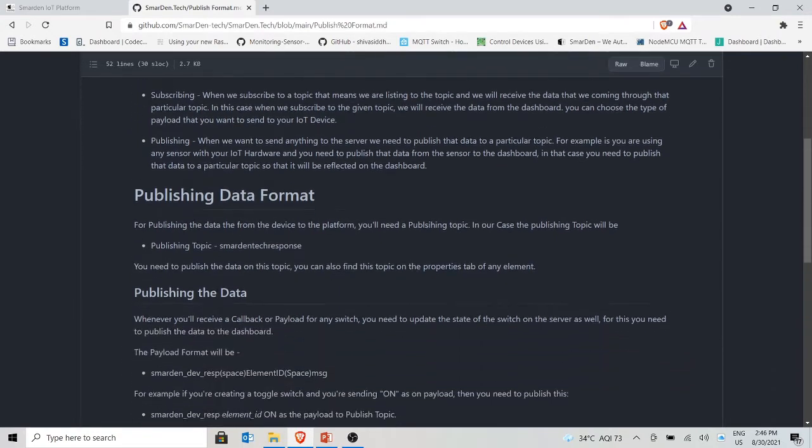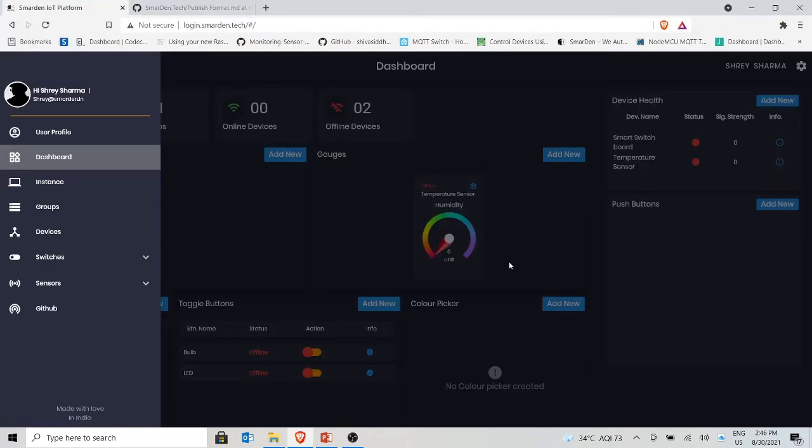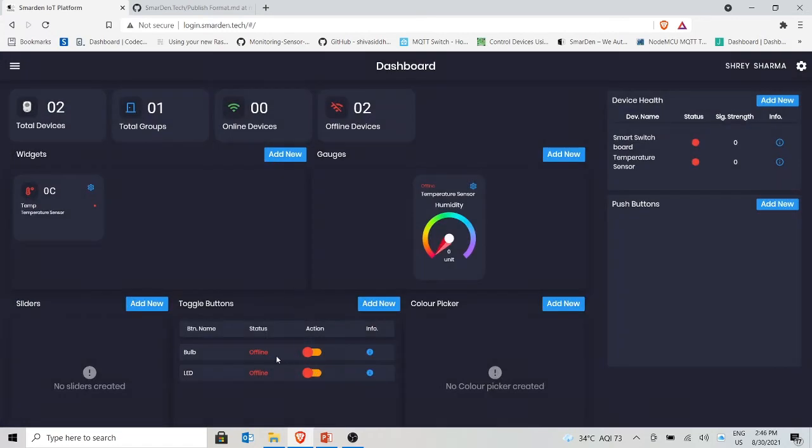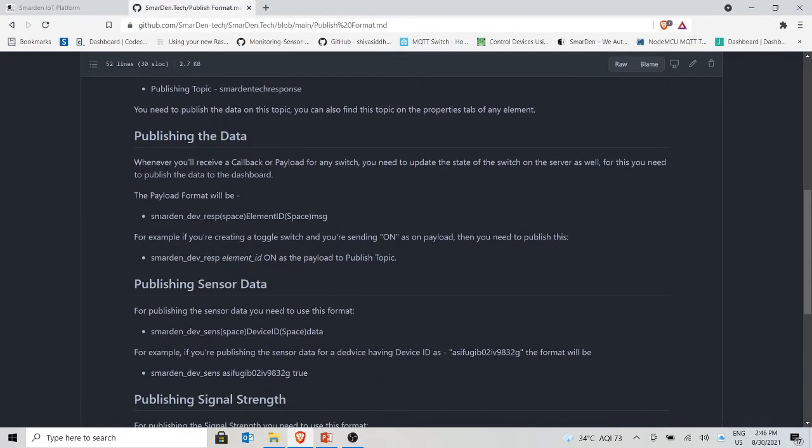The first thing that we will follow is the callback status. Let's say I want to get the callback from this bulb. If I toggle it, it says the device is offline, it will not operate. If the device is online and I turn this bulb on, then the bulb must send some data saying it is turned on, so that the platform gets to know the final device is turned on and I can publish the values. So now the publishing format for that callback function will be